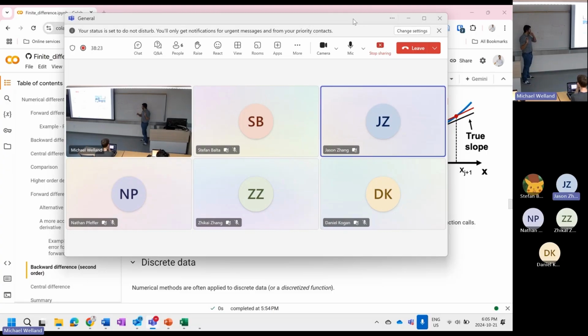So in this particular case, you no longer have your function value. You no longer have your function that you're able to